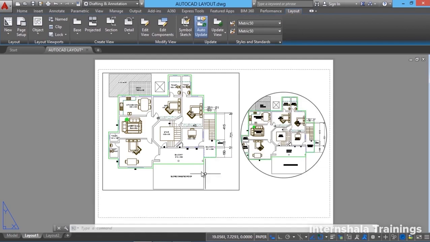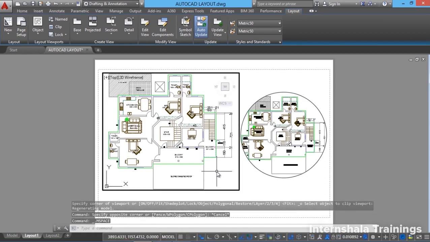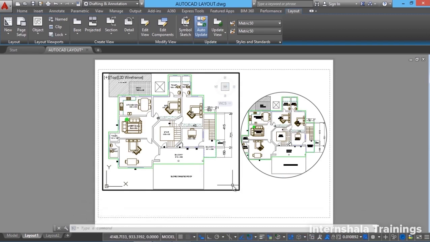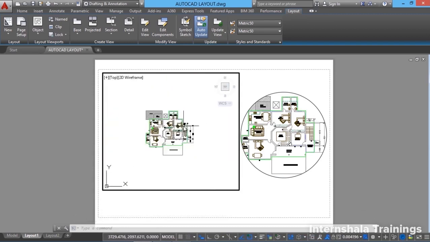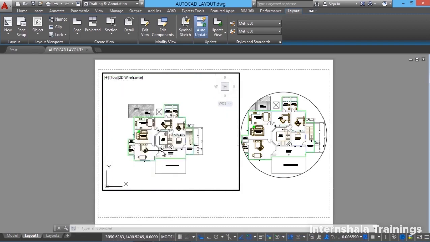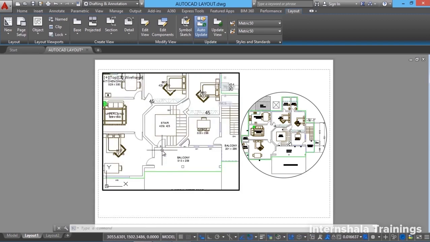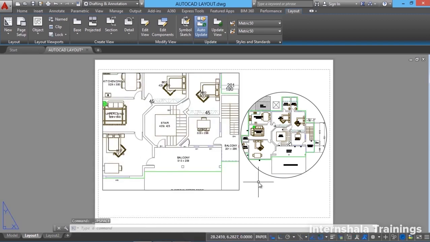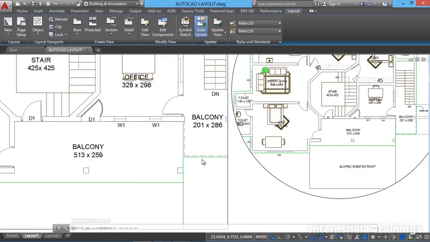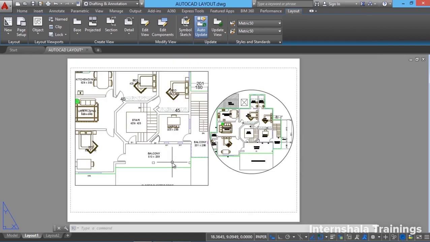Next, I'll specify different scales in individual viewports. For that, you have to activate the viewport. And how will you activate a viewport? You can double click inside the viewport. Now the viewport border got thickened or darkened. Now when you zoom in, you're just zooming in and out of the drawing inside the viewport. But if you double click outside the paper, then you'll be working on the paper. Now if you zoom in, you will be zooming in and out of the paper, not the drawing inside the